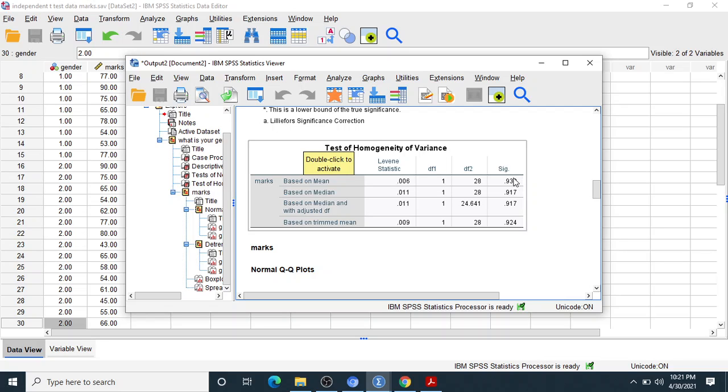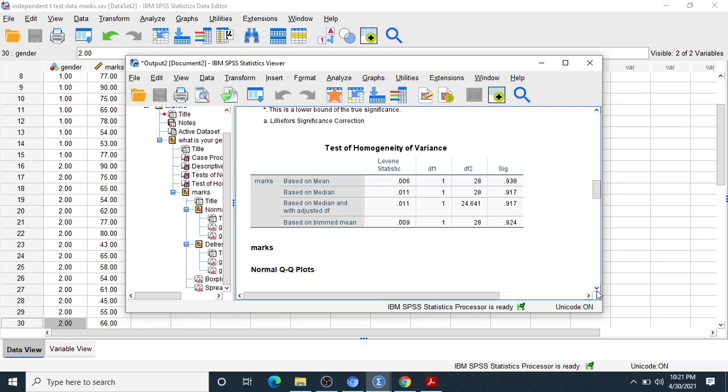So this value is also more than 0.05. So the same condition, if the value is more than 0.05, it means the test of homogeneity can apply. If the value comes less than 0.05, it means the homogeneity is not there. But in our condition, it's okay. We can implement the parametric test.